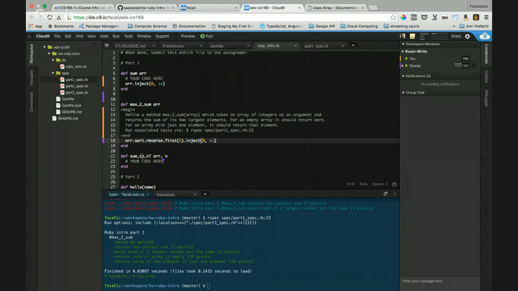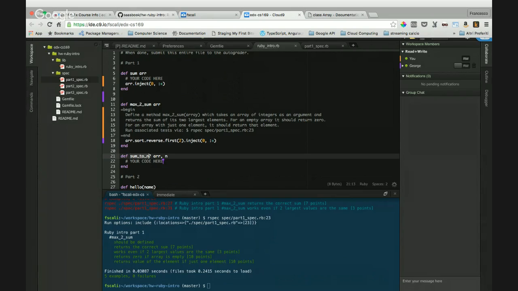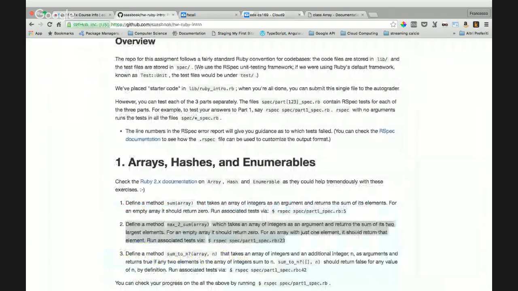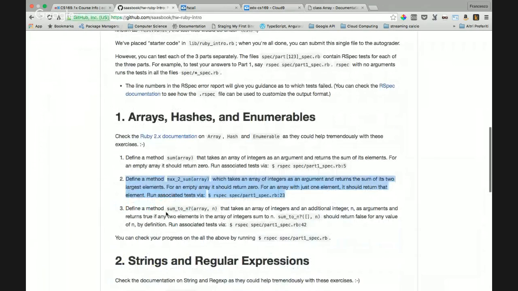Okay. Let's see this one. Sum to n. Okay.